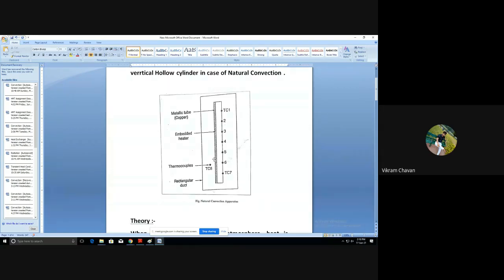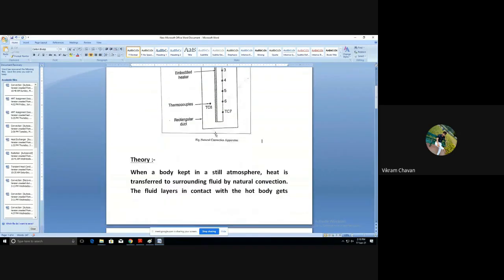And when the cold air comes in contact with this hot surface, it will get heated and move in the upward direction. It moves upward because its density will decrease, because its temperature will increase, and due to the increase in temperature, the hot air will have low density, and because of that it will move in the upward direction. Okay, getting everyone? Is there any doubt, any question?